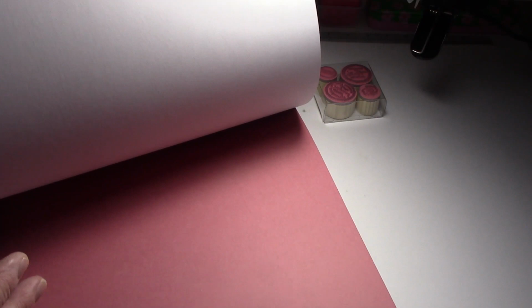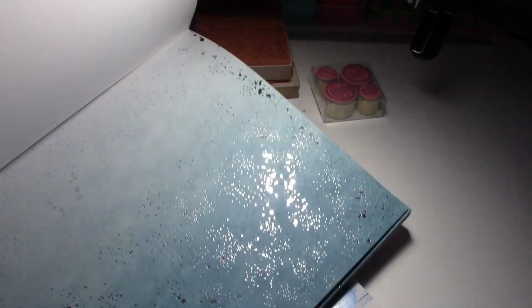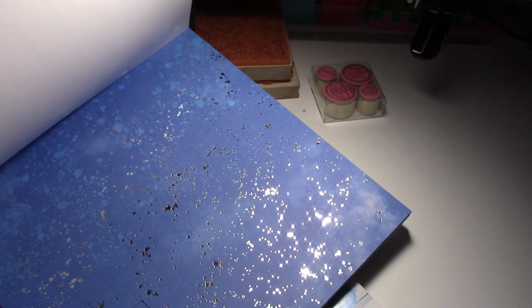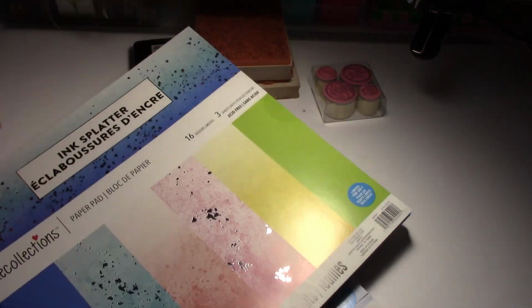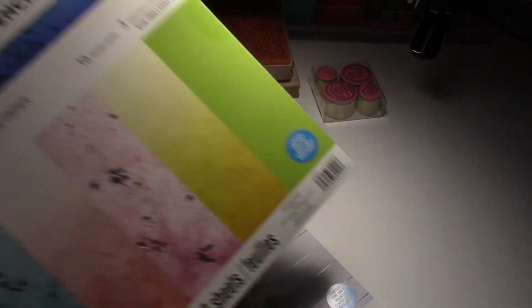There is 2 of each maybe, or 3 of each. 3 of each. 1, 2, 3. It's like ombre. And there's just different shades and different colors of the same designs. So that kind of reminds me of the ocean there too. The next one